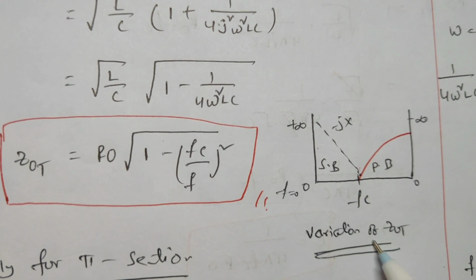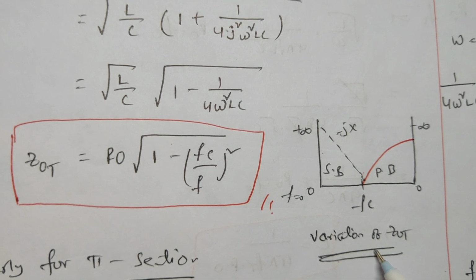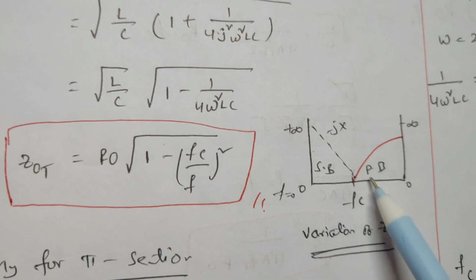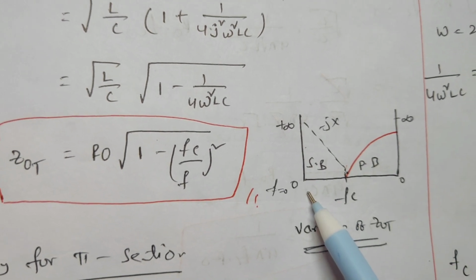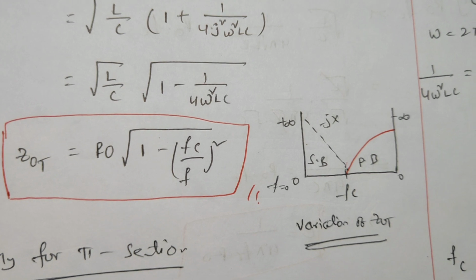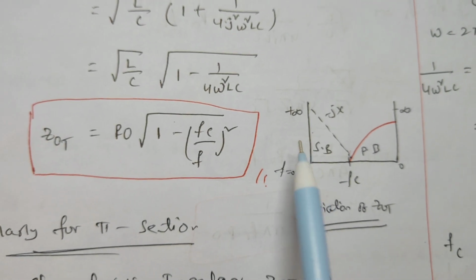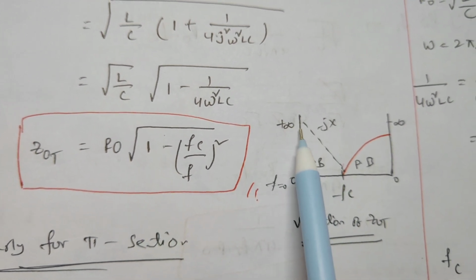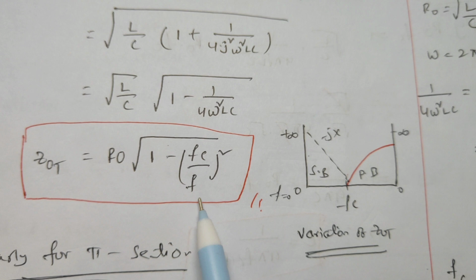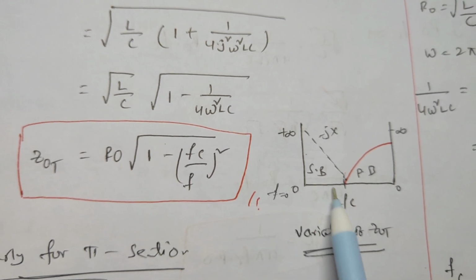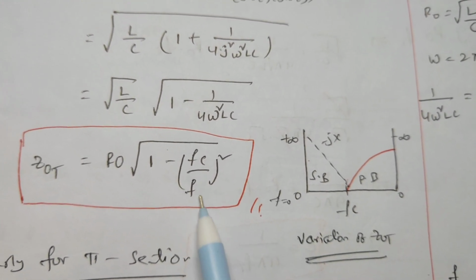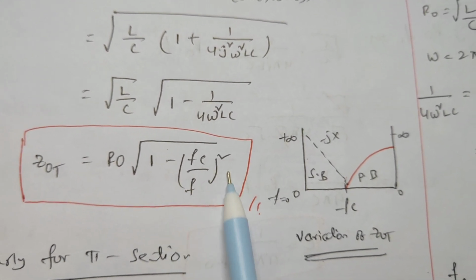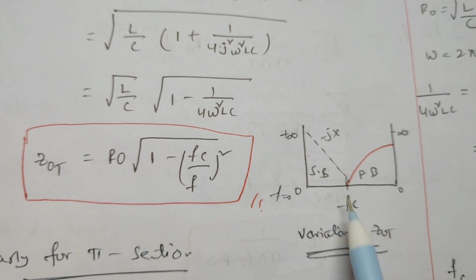So this is the graph of the characteristic impedance of a T section. From this cutoff frequency to infinity, this is the pass band region, this is the stop band region. So here this is the graph of this one. If you substitute f is equal to 0, you will get the infinity term. Similarly, if you keep on increasing this f value towards fc, if f is equal to fc, you will get the value of this as 1. So this has 1 minus 1 into 0, meaning you will get Z0 is nothing but 0.